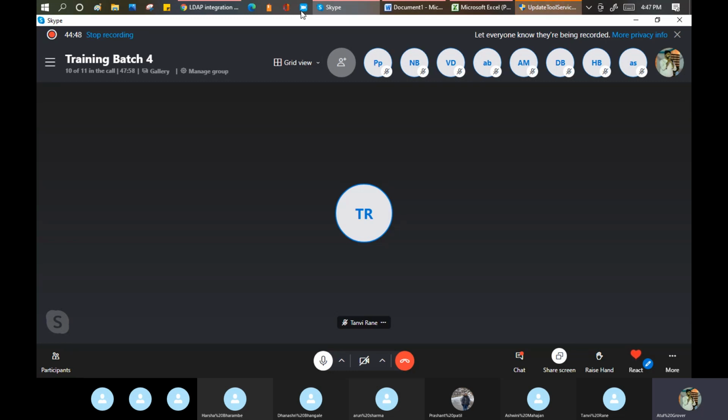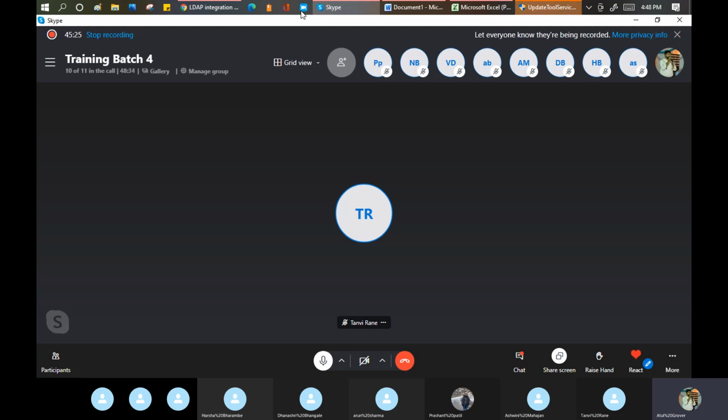suppose today I have 10 students in my batch. To everyone I gave a laptop. Guys, don't buy your laptop, I'll give you the laptop. On a register I make a note that Harsha's laptop number is this, she has this much RAM, this much hard disk, and this OS has been installed. The same thing I did for Prashant, Nikhil, Vinoj, Vishwajit, Aishwarya, Arun, Dhanashree, Ashwani, Tanvi, everyone. Easy to maintain. 10 people, 3 or 4 columns I need to maintain.